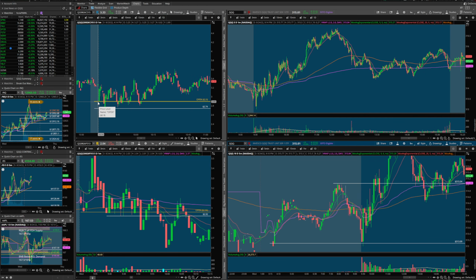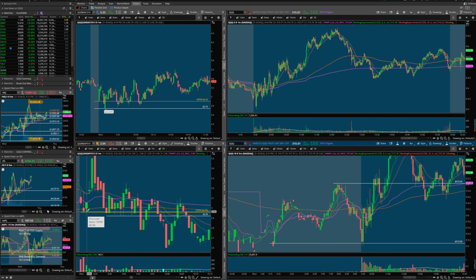Now, we know off of the first 30 minutes, typically we see a very tight consolidation range most of the time, but not always. So this open low will really help you identify where buyers and sellers may try to maintain price. So we can see on the 315 calls, it opens up, which is this low of the 1-minute candle, at $2.90. Same thing on the 313 puts. You can see that they open up